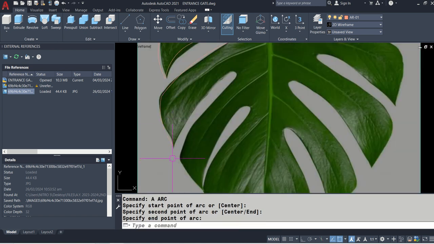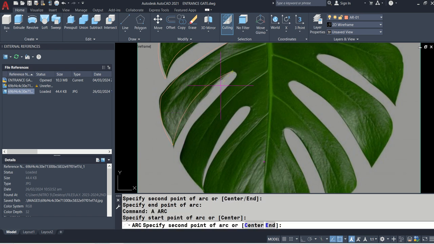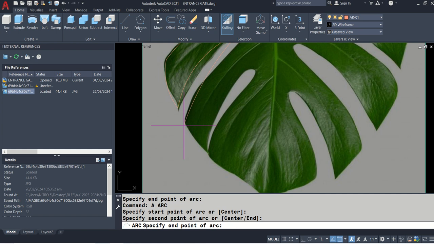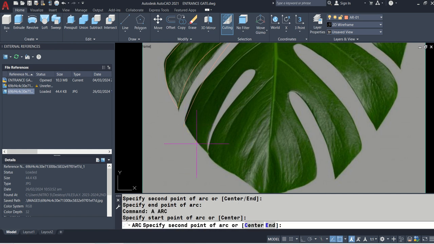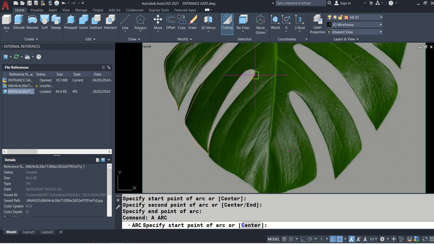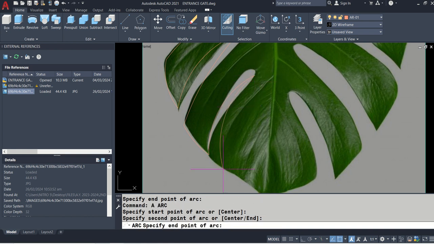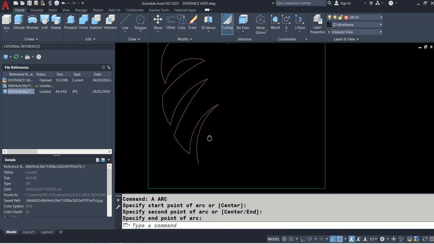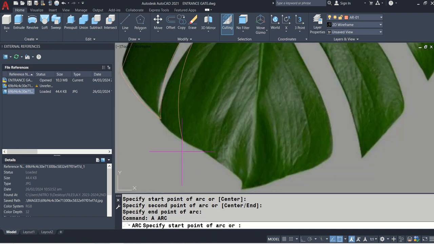And make sure nag-i-snap talaga yung arcs niyo para wala siyang bukas. Okay, dapat kasi sarado siya para magawan natin ng boundary. Okay, A, 1, 2, 3. A, enter. 1, 2, and 3. A, enter. 1, 2. But if you're kind of perfectionist at gusto nyo talaga siyang i-perfect, wala naman. But mine kasi is,